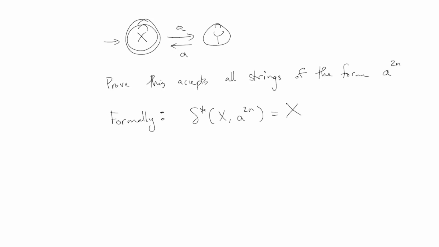So what that says is this x here represents the starting state. And what this means is if I start in the starting state and I read through this whole string, A to the 2n, the state I end up in is x, which is accepting. So this is the accepting state. Now in this example, the starting state happens to be the same as the accepting state. That's not always the case, of course, but here I'm using x in both of those places. In a different example, you might use different things here depending on what the starting state and the accepting state are. All right, this is what needs to be proved, and this, my friends, we prove by induction,